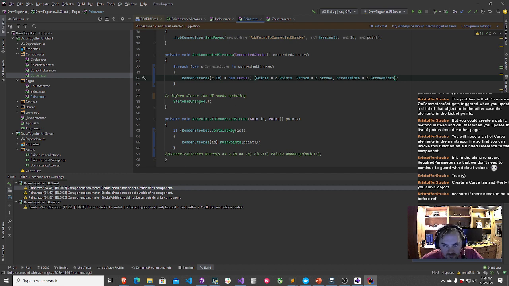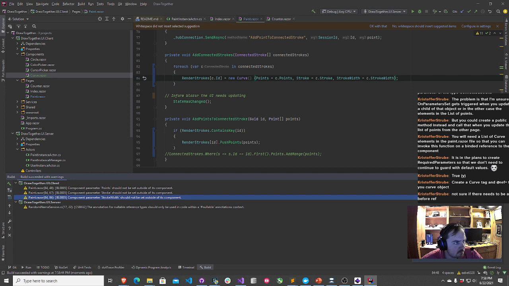Component points should not be set outside of its component. That seems a little grumpy. Let's see. Yeah, I wonder if we're not doing this right.